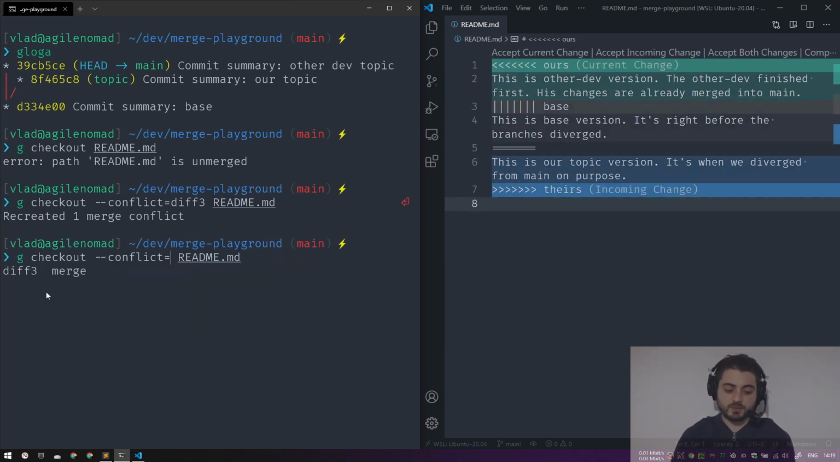So as you can see, I press tab, so you see there's only merge and there's only diff3, okay? Diff3, like this, okay? Recreated one conflict. All right, so now let's leave it in this unresolved state for a bit, and I want